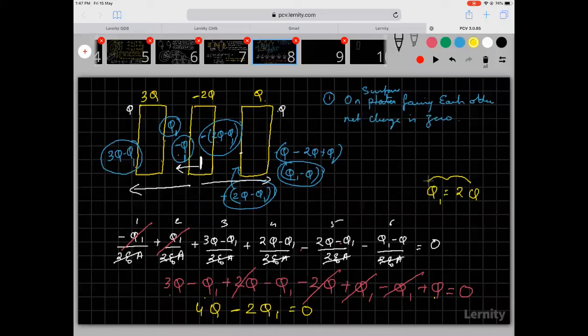Do you understand this? So if q1 is equal to 2q, now in yellow color, let me write down the charge on each plate. The charge on the first plate here is q1 minus q. So 2q minus q, that's what we had thought. On this 2q minus 2q, so on this plate it is 0. If on this plate it is 0, on this plate also it is 0. On this plate, it is minus q1, so that is minus 2q. On this plate, it is plus 2q. On this plate also, it is q, right?